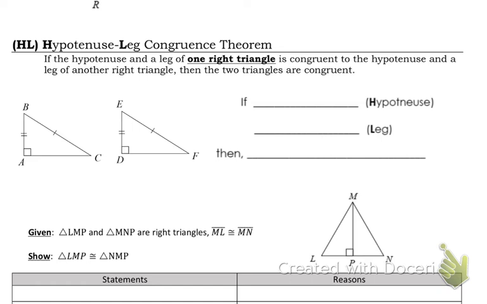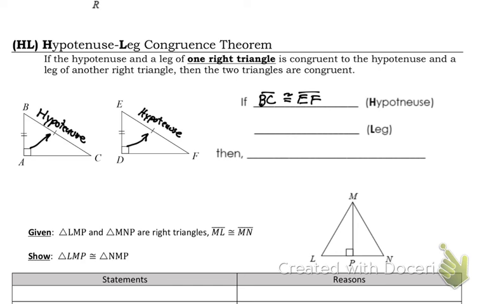So just a reminder, for right triangles, the side that's strictly across from our right angle is our hypotenuse. So this one right here is our hypotenuse. Your hypotenuse is directly across from your right angle. So if I look at the other one, the hypotenuse is directly across. This is my hypotenuse. So this would say if BC is congruent to our other hypotenuse, which is EF,